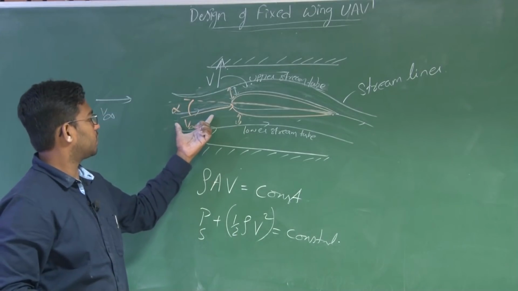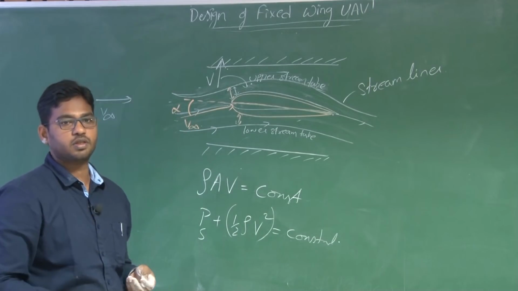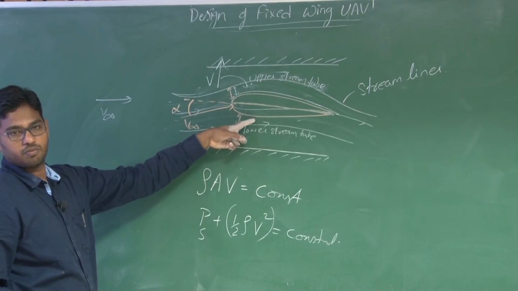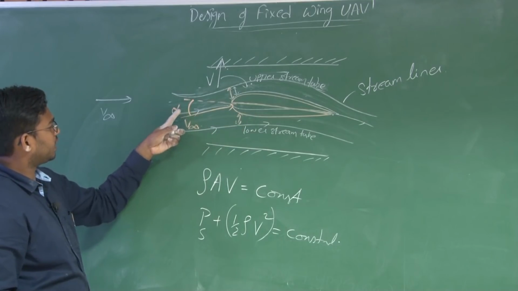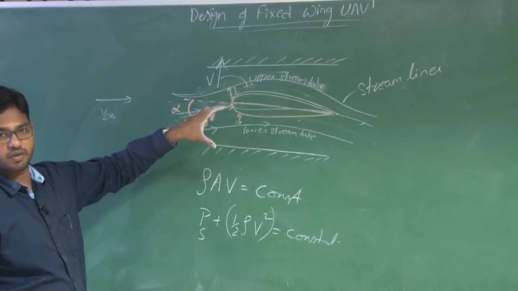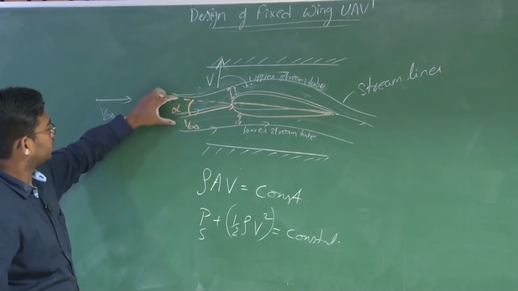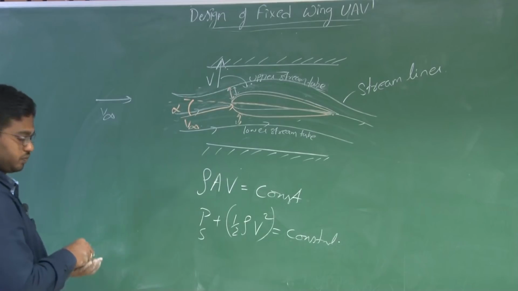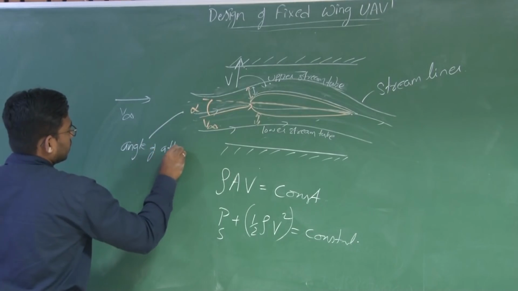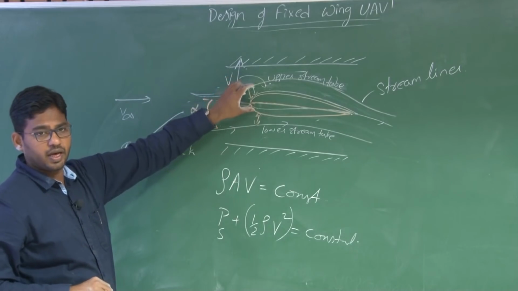If you are moving in stationary air at a velocity V infinity, that means the air is also moving towards me with the same velocity, right? So this velocity V infinity represents the velocity of your flight vehicle. And the angle made by this with the reference line or chord line, for a wing or an aerofoil, we consider the chord line as the reference line. For the fuselage, we can say fuselage reference line or center line. So this particular angle is known as the angle of attack. So, let us define angle of attack. When there is an angle of attack, then you have greater